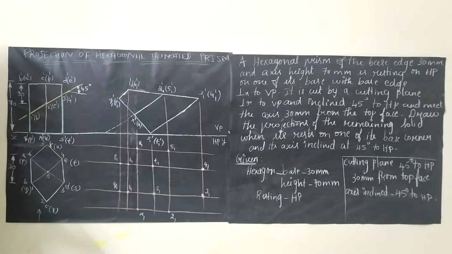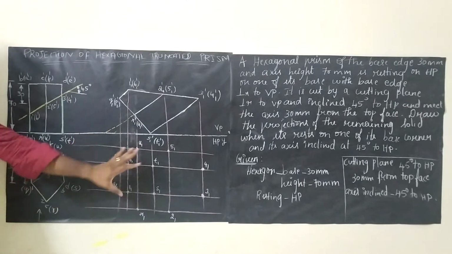So all the 6 points are on the hexagon itself. So it's very easy for us to draw. Okay. If you want, hatch. If not, you can also leave it, because hatching is not that much important. Only thing we need to do is just fix the points.